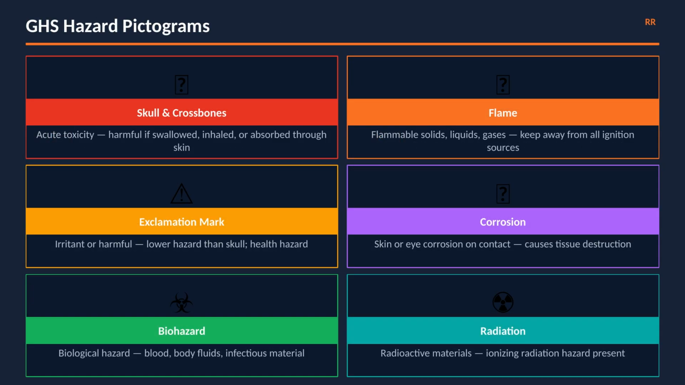The GHS, Globally Harmonized System, standardizes hazard symbols on all chemical labels worldwide. 6 pictograms tested on the ARRT: skull and crossbones, acute toxicity; harmful if swallowed, inhaled, or absorbed through the skin; flame, flammable; keep away from all ignition sources;